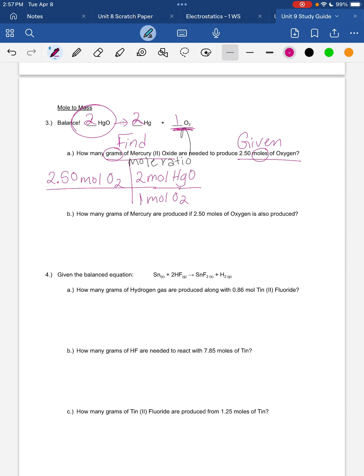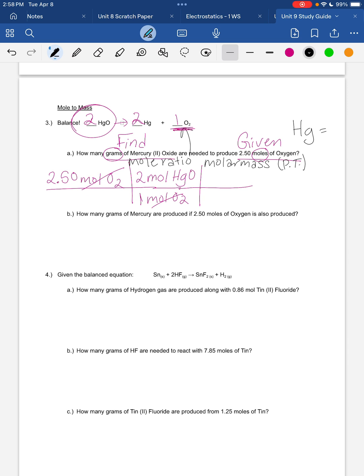Mercury oxide is HgO. That's mercury oxide. Okay. Our units of moles of oxygen are going to cancel. We're left in moles of mercury oxide. We have to do one more step because we're trying to find grams. In order to go from moles to grams of something, you have to use the molar mass. Molar mass comes directly from your periodic table. So you need to look at mercury. Mass of mercury on your periodic table